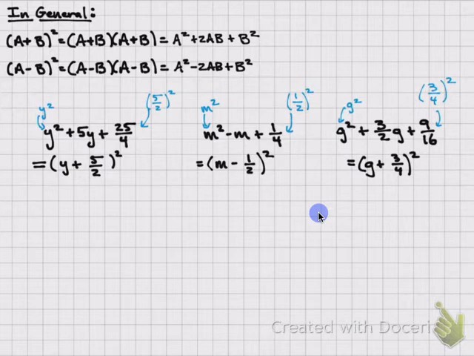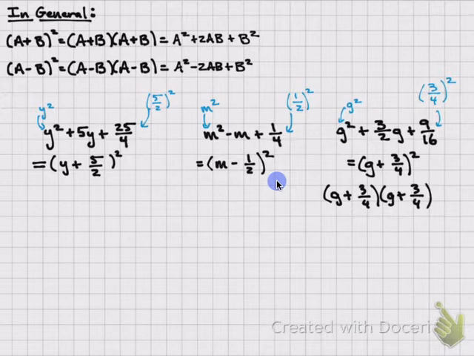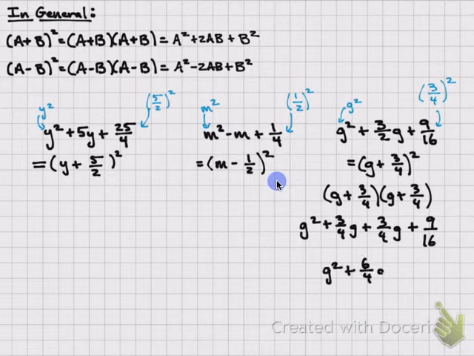And in this case, to confirm that we actually factored this correctly, I'm going to go ahead and multiply out g plus 3/4 squared, or g plus 3/4 times itself, g plus 3/4. And I think we're going to end up with g squared plus 3/4 g plus 3/4 g plus 9/16. Let's see, 3/4 g plus 3/4 g is 6/4 g plus 9/16. Oh, and 6 over 4 reduces to 3 over 2. And so indeed, we end up with the product that we hoped we would, and we determined that this is indeed the correct factorization for